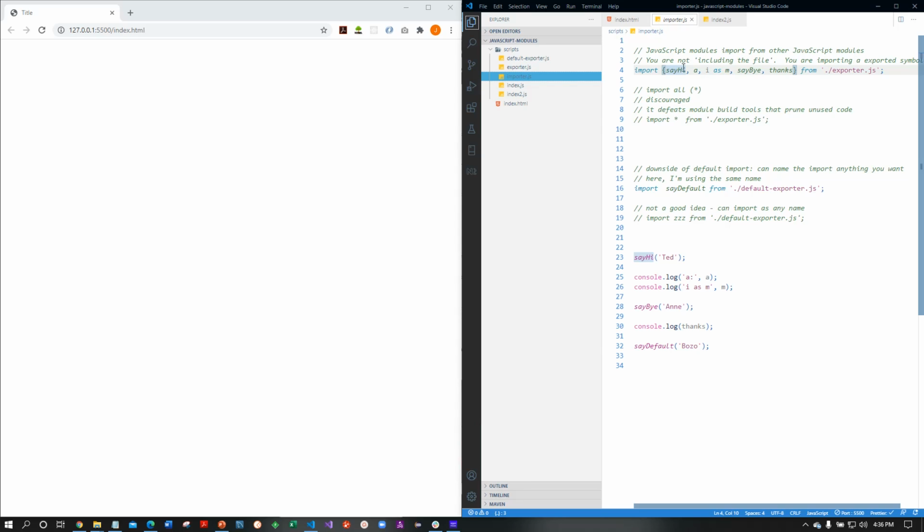It's better to list explicitly what you're using in a file, just in general for documentation, and it helps code readability to be more precise. But also, import star defeats module build tools that prune unused code. So when your code is getting ready to ship